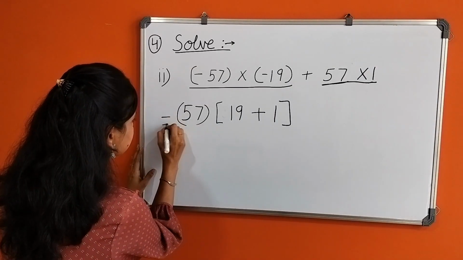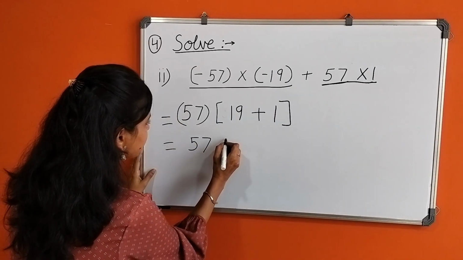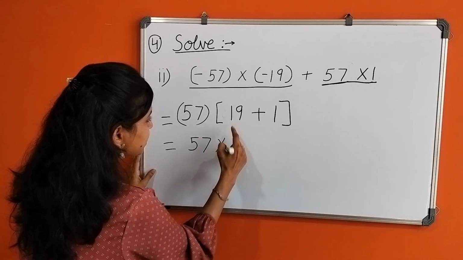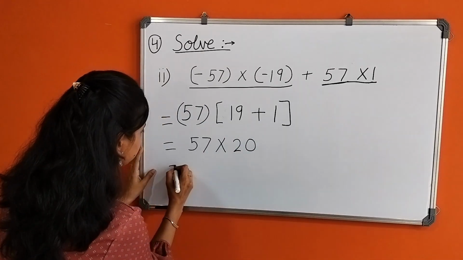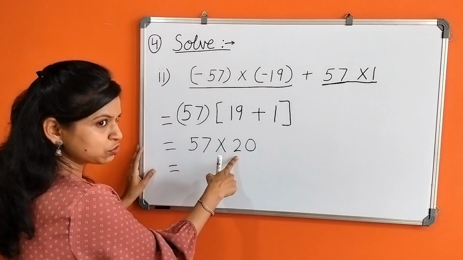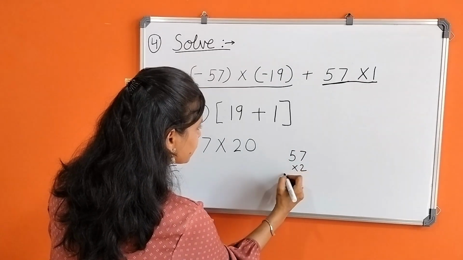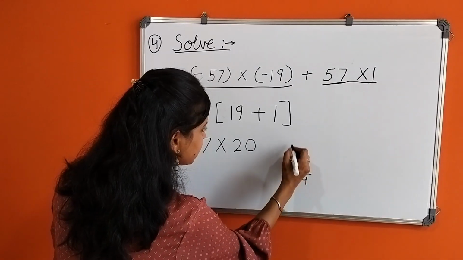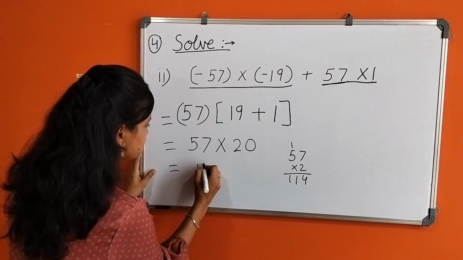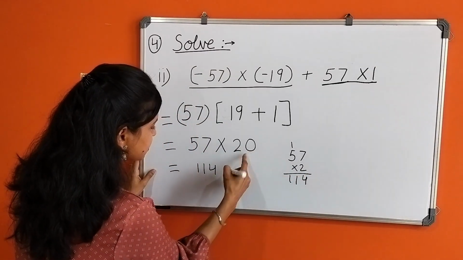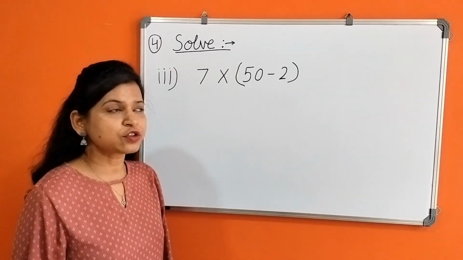Next, 57 into 19 plus 1 is 20. Now multiply 57 into 2. 7 2s are 14. 5 2s are 10. 114 and this 0. This is the answer. Next question is